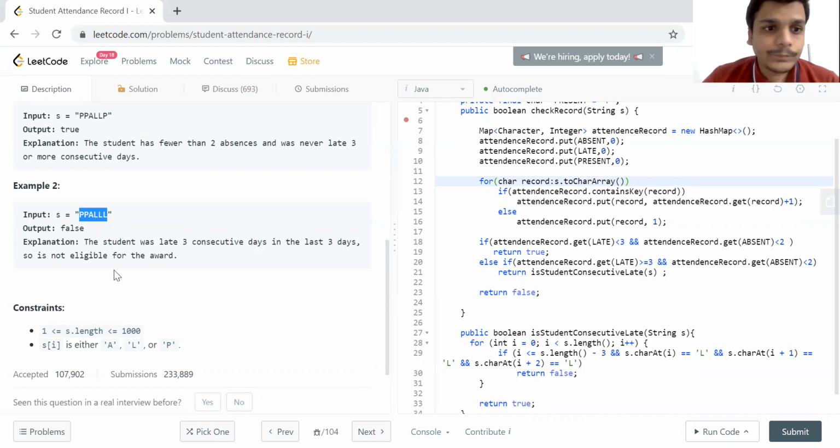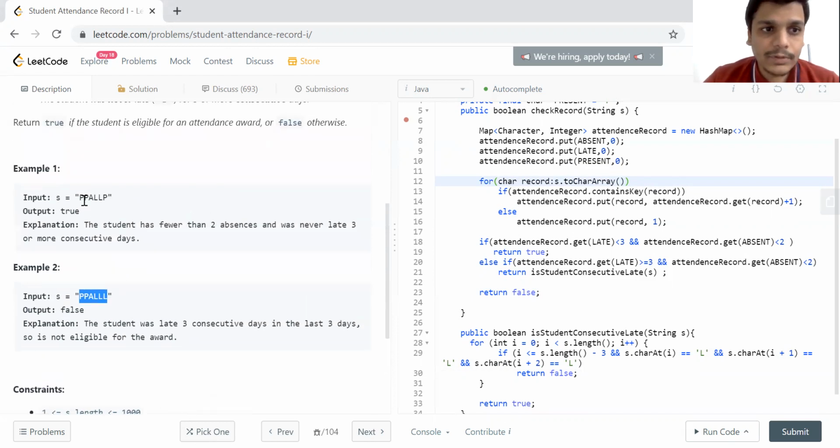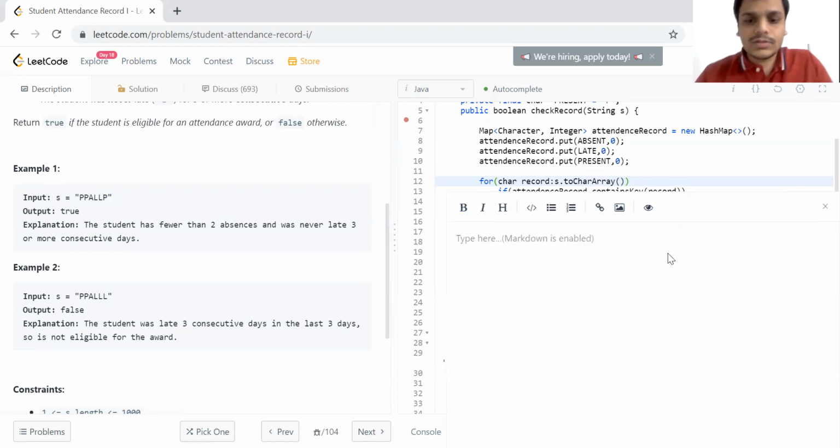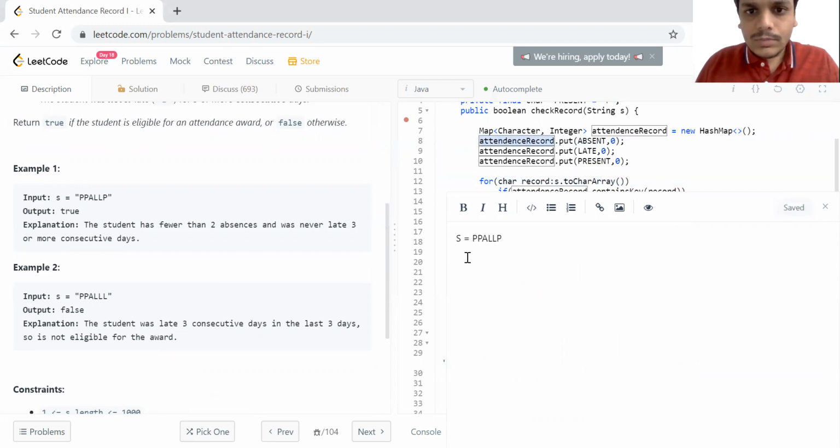Let's take this string as an example. If I take this as an input, then our map, which is the attendance record, would be something like P equal to 3, A equal to 1, and L equal to 2.